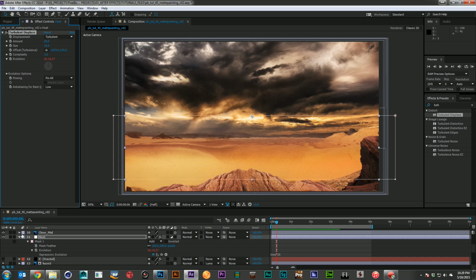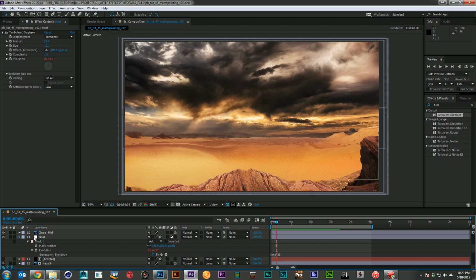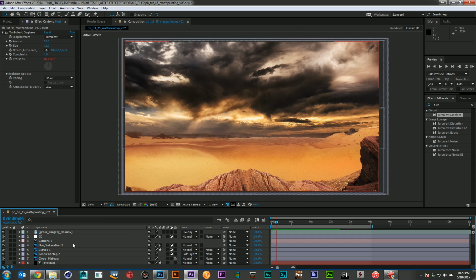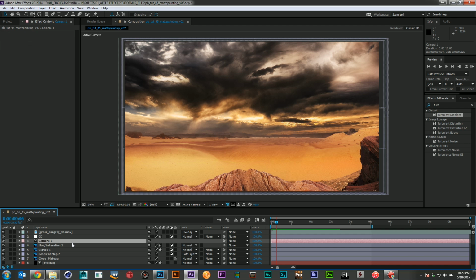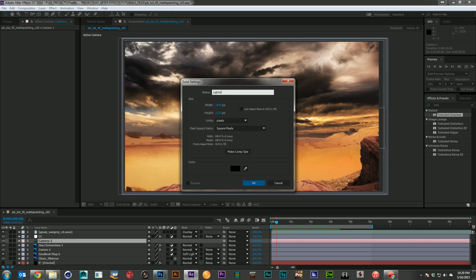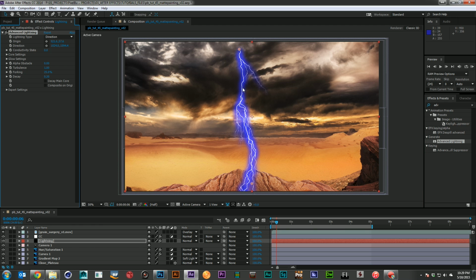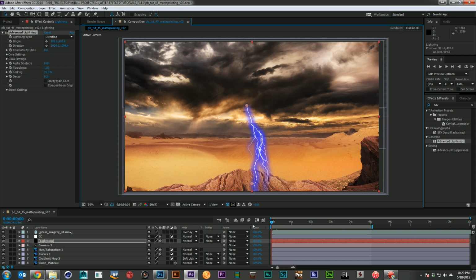All right. So I think our scene is looking pretty good, but I'd like to give it a little bit of focus. And I think to do that, I'm going to create some lightning. So I'm going to create a new layer, and I'm going to call on the Advanced Lightning plugin. This plugin usually does not get much in the way of respect, and that's normally because it's a little bit difficult to work with and out of the box doesn't give you